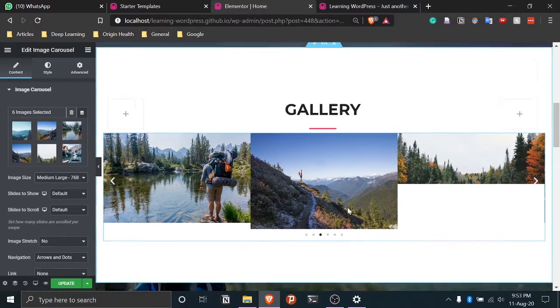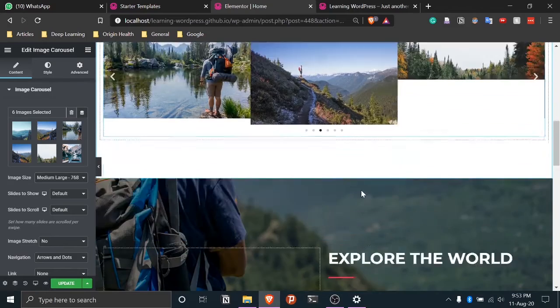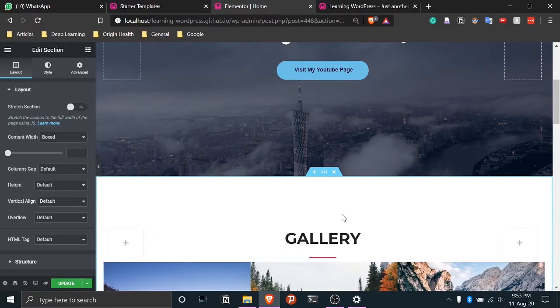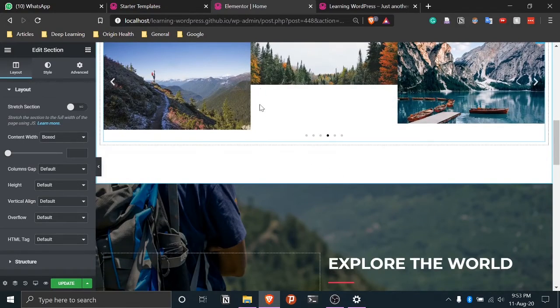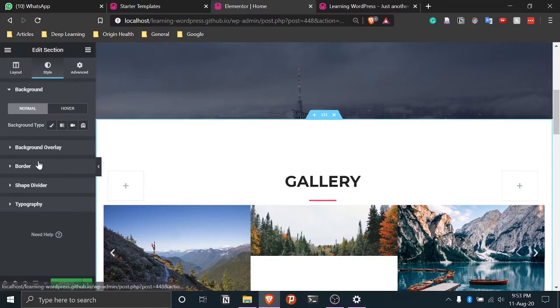So this is basically attaching a gallery here. Now let's say you don't like this white background. You can go here and click on this, which will select this whole section. You can see the background is white. So go to Style, and here you can go to background.